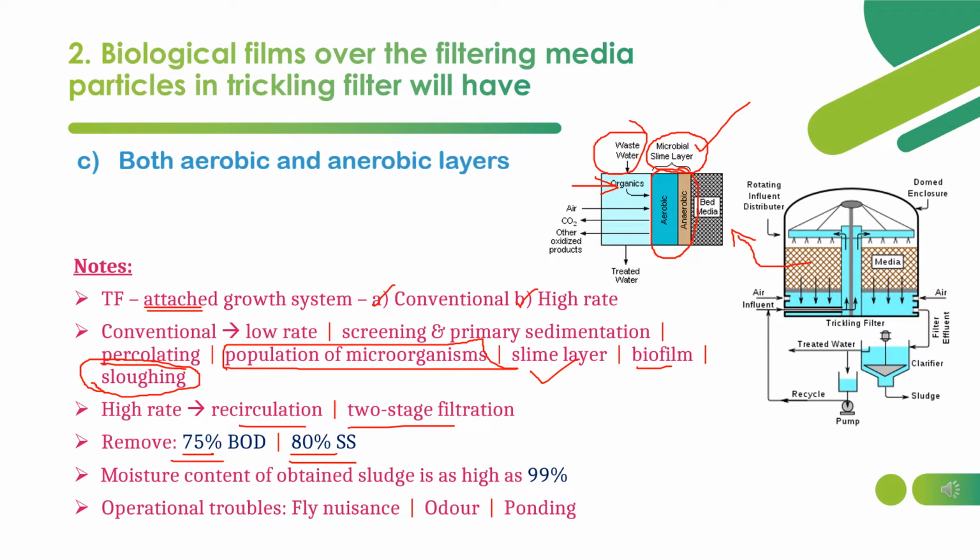Trickling filter can be conventional, that is low rate trickling filter, or it can be high rate trickling filter, that is, nowadays high rate trickling filter is also used. In conventional trickling filter, screening and primary sedimentation is necessary, and the beds are percolating, and this is produced by a population of microorganisms. By the population of microorganisms, all the bed media will have slime layer formation, and after some time there will be